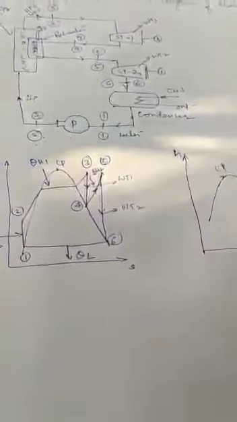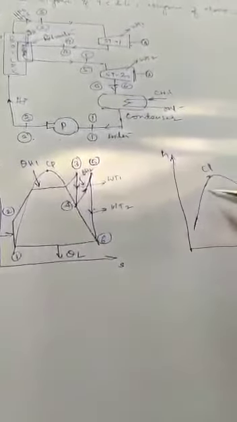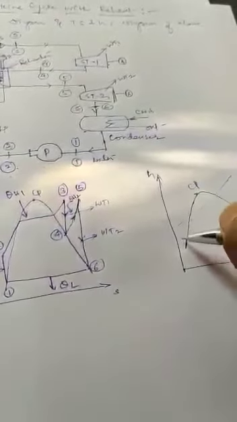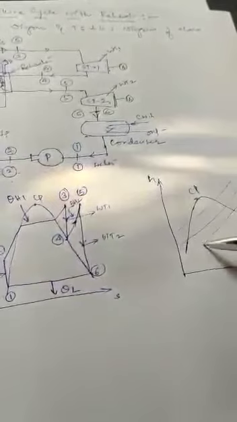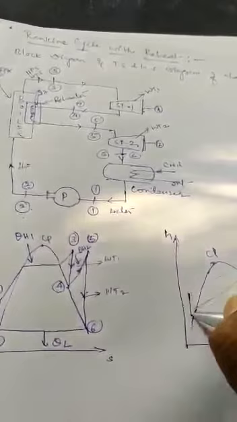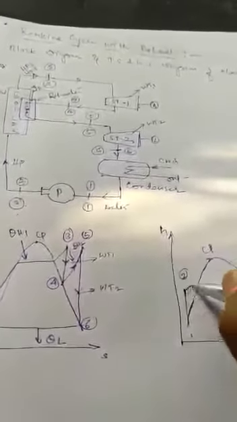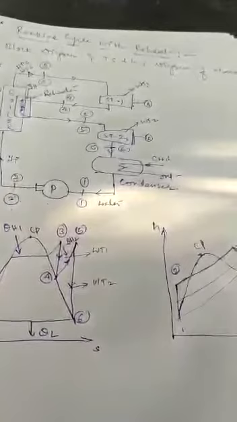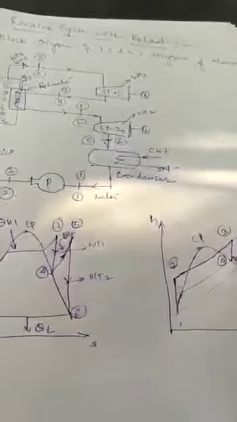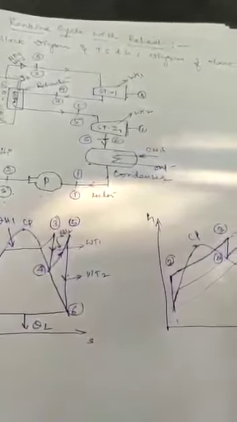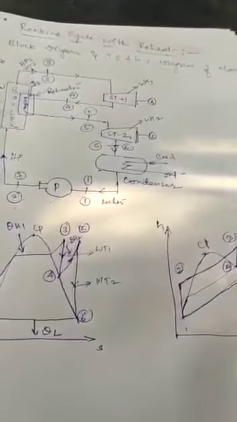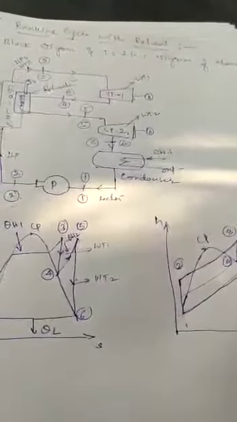So this is the critical point, the point at which liquid is converted into vapor. So here you have to draw 3 thin lines. First process 1 to 2, pumping process. Next heat addition process inside the boiler, that is 2 to 3. 3 to 4 is the what? Expansion takes place, first stage. Next 4 to 5, reheating process. Next 5 to 6, expansion takes place in the second stage.